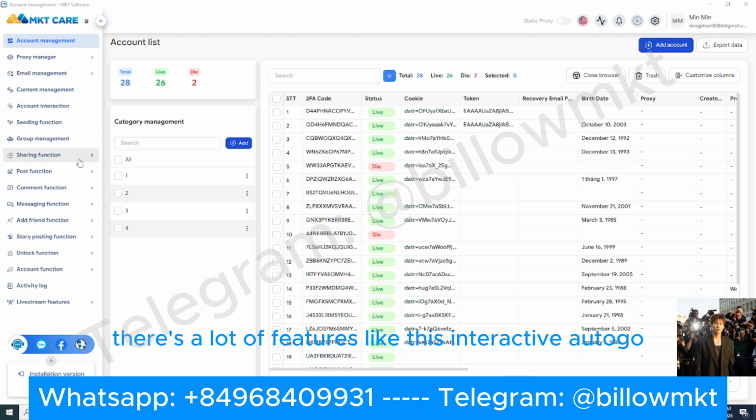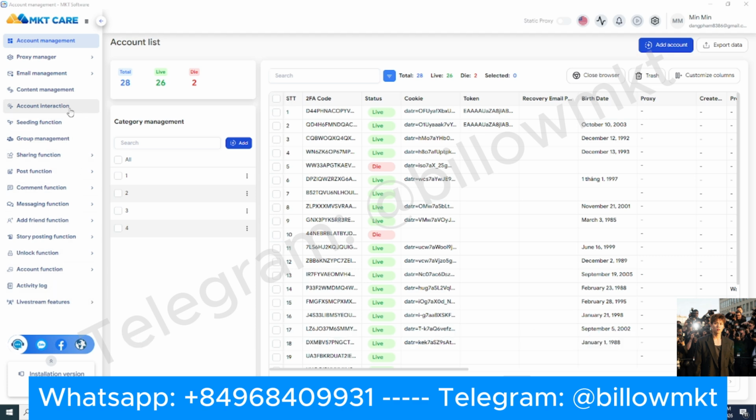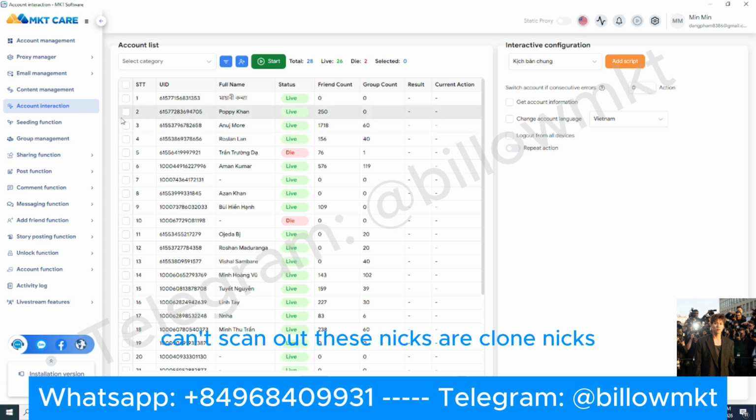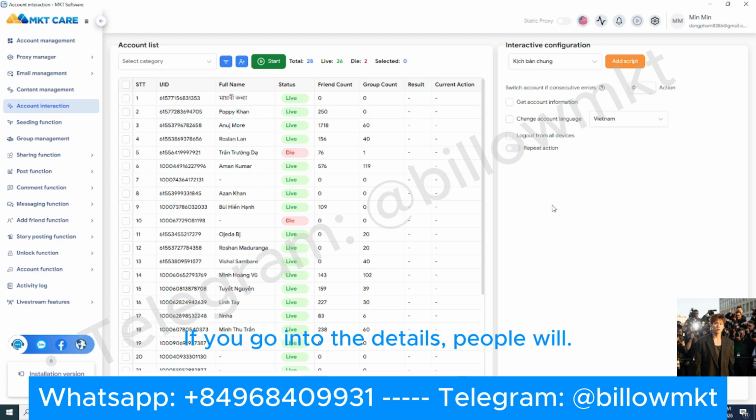There's a lot of features like this: interactive audio, share, post, comment, texting, and so on. A lot of video. Today, I will go deep into what's called automatic interaction. To help these nicks, it has operational histories as a real user to the platform. It can't be scanned out as clone nicks. If you go into the details, people will